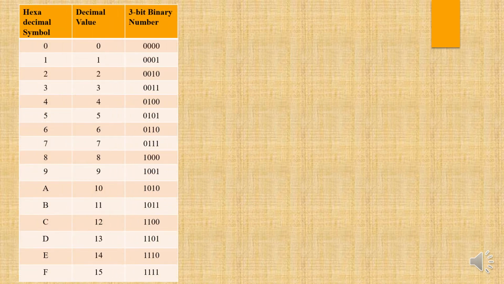So here we have a table. Basically this table shows the decimal and the binary equivalent of hexadecimal systems, right? Means hexadecimal symbols and their corresponding values in the decimal number system, then the corresponding values in the binary number system. It shows the equivalence between them. Alright,